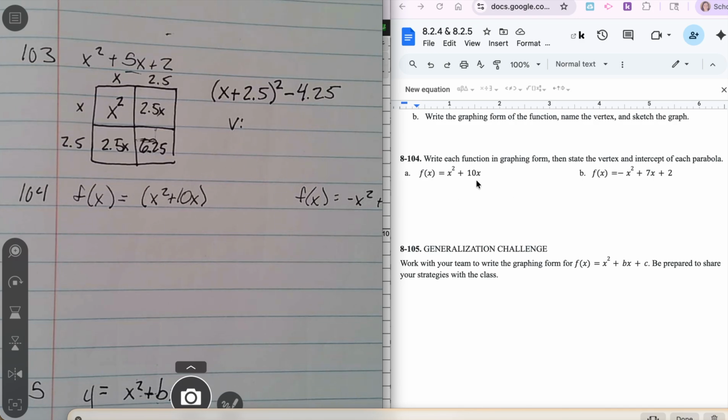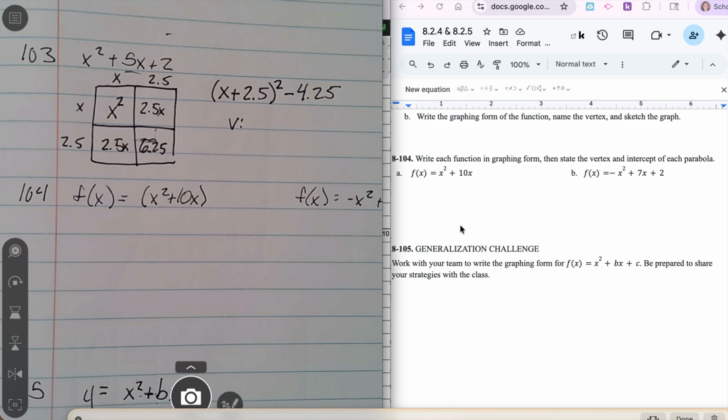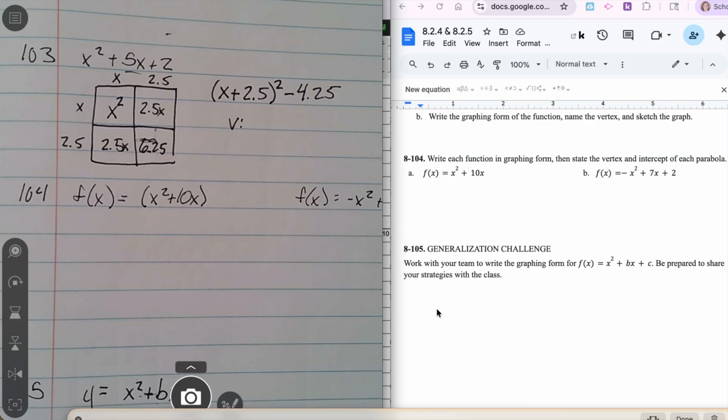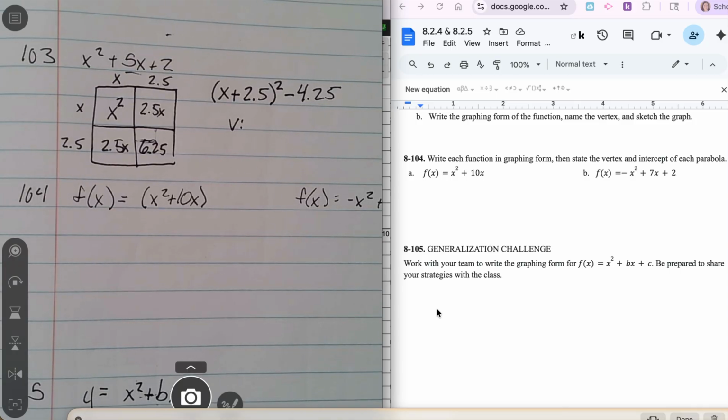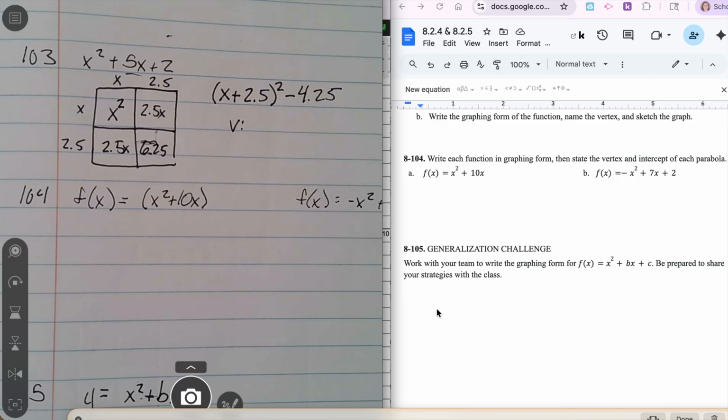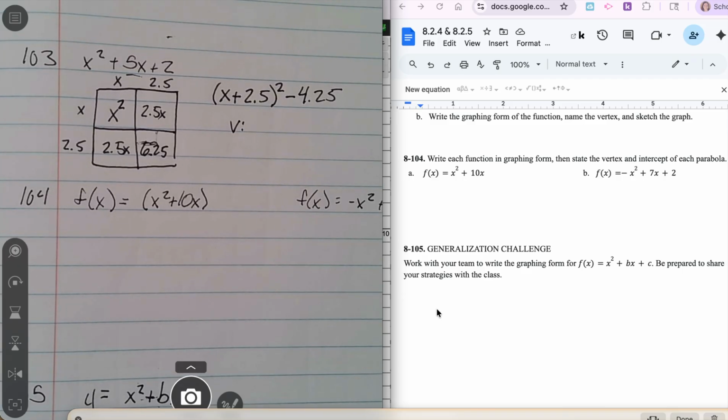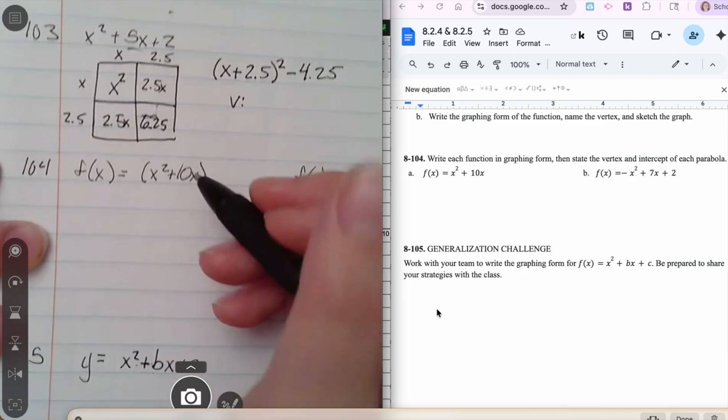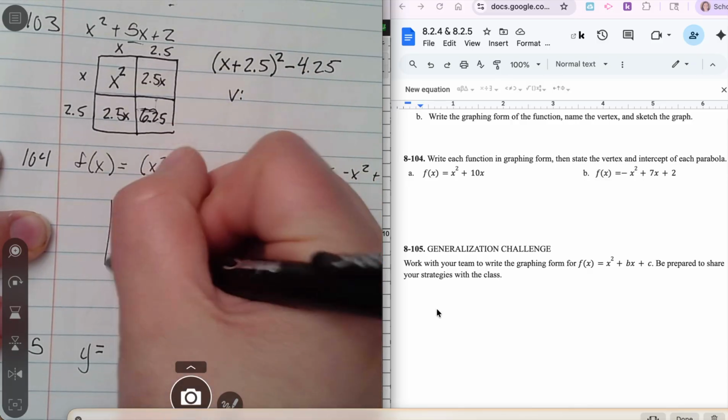104 gives you 2 new problems, and it's asking you to find or create graphing form for each of these. State the vertex and x-intercept of the parabola. Now, 104 and 105, just so we're clear, are ones that I would not expect you to be really great at today on your own. These are ones that we'll focus on as we move forward through the rest of the chapter together. But in case you're curious, in this case, if I was setting up the box,